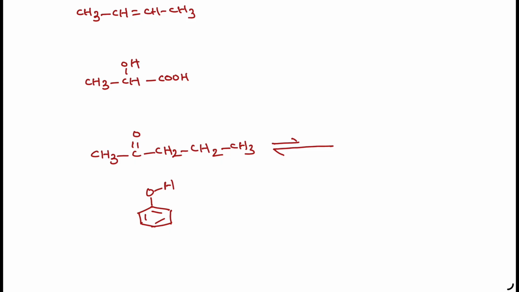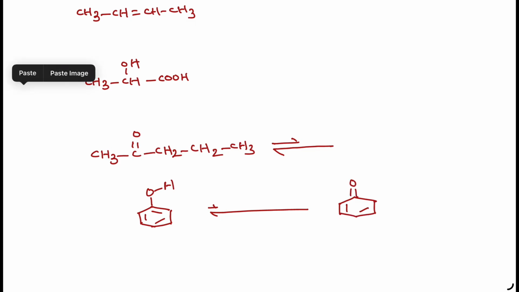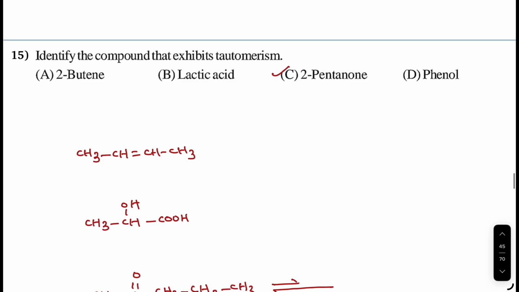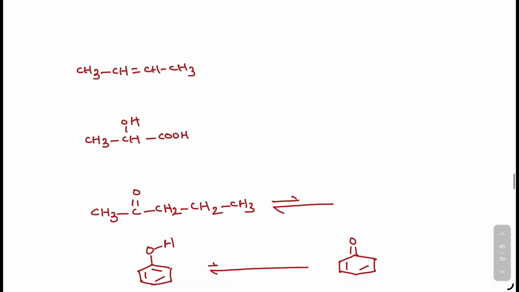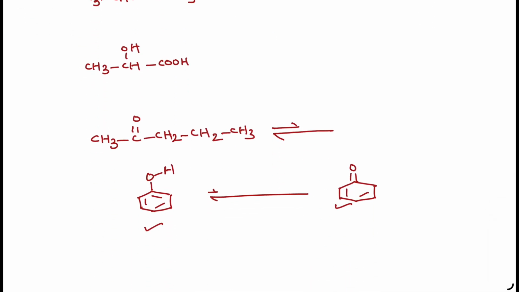Here we have enolizable hydrogen, but the percentage of enol form is more, nearly 100%. But in the 2-pentanone case, we have both enol form and keto form. So however, it is a single correct answer, we have to go for the best option, that is 2-pentanone. Phenol has the ability to exhibit tautomerism, but here the percentage, if you compare, is almost 100%. So this one and this one, if you compare, here we get nearly 100%. So the best option is